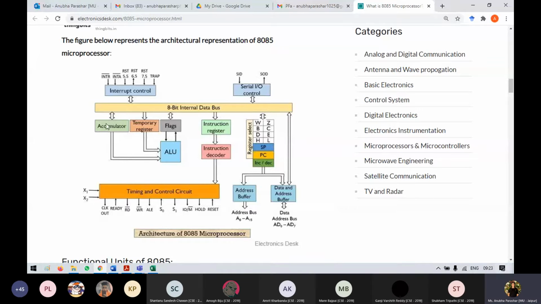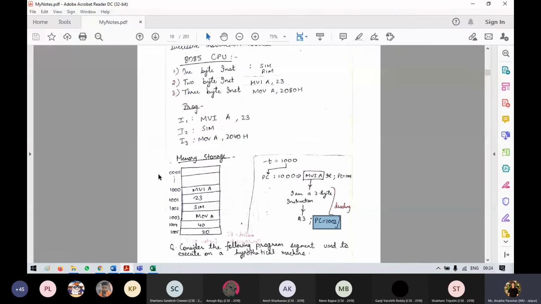The accumulator is also a memory, and the temporary register is also a memory, but these are all registers stored in the microprocessor itself. When we say we are going for memory operations, those could be either fetching from RAM or taking it from the accumulator. So that is what we mean by memory and register storage.